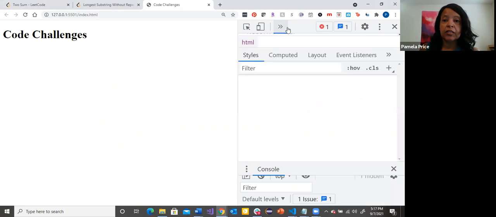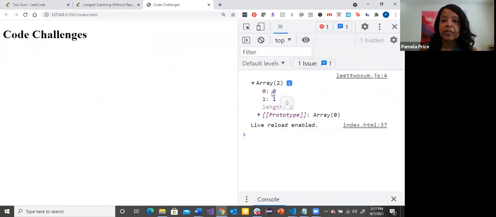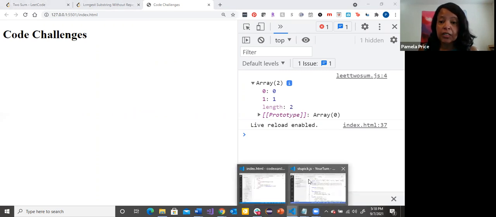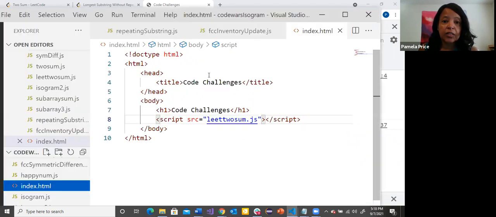Look at my console. All right, so look, I got back an array and I got position 0 and position 1. So that's what I expected to get as an answer, right? We can test it maybe with something a little different just to make sure. So let me test it with,